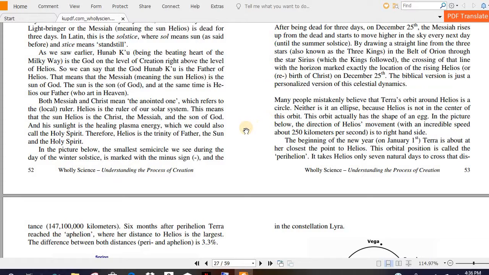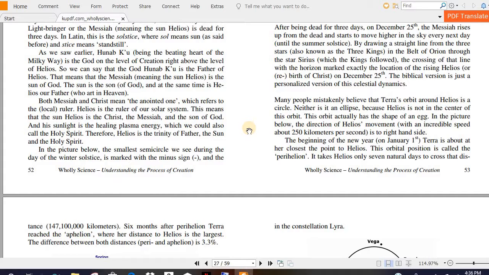Many people mistakenly believe Terra's orbit around Helios is a circle. Neither is it an ellipse, because Helios is not in the center of this orbit. This orbit actually has the shape of an egg. In the picture below, the direction of Helios movement, with an incredible speed of about 250 kilometers per second, is to the